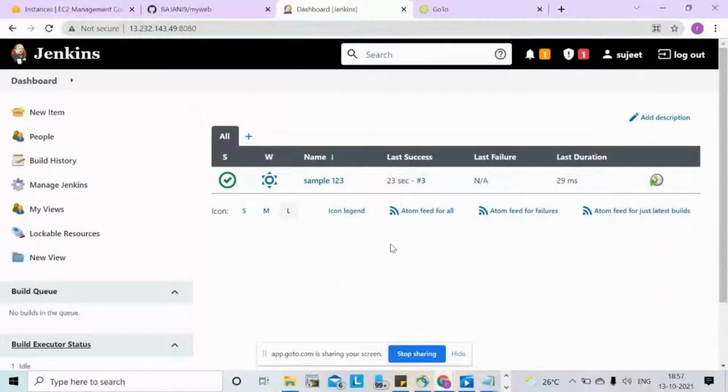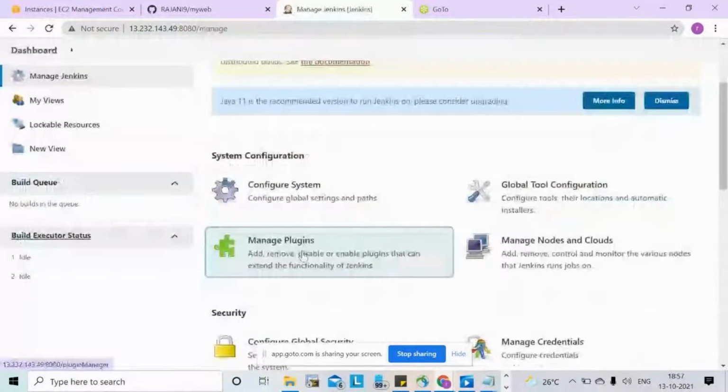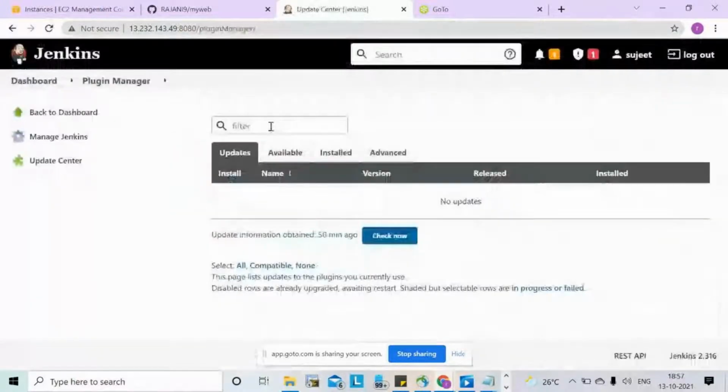Okay, so Manage Jenkins, Manage Plugins. The Deploy to container plugin, we have to install for Tomcat. It's not available yet.